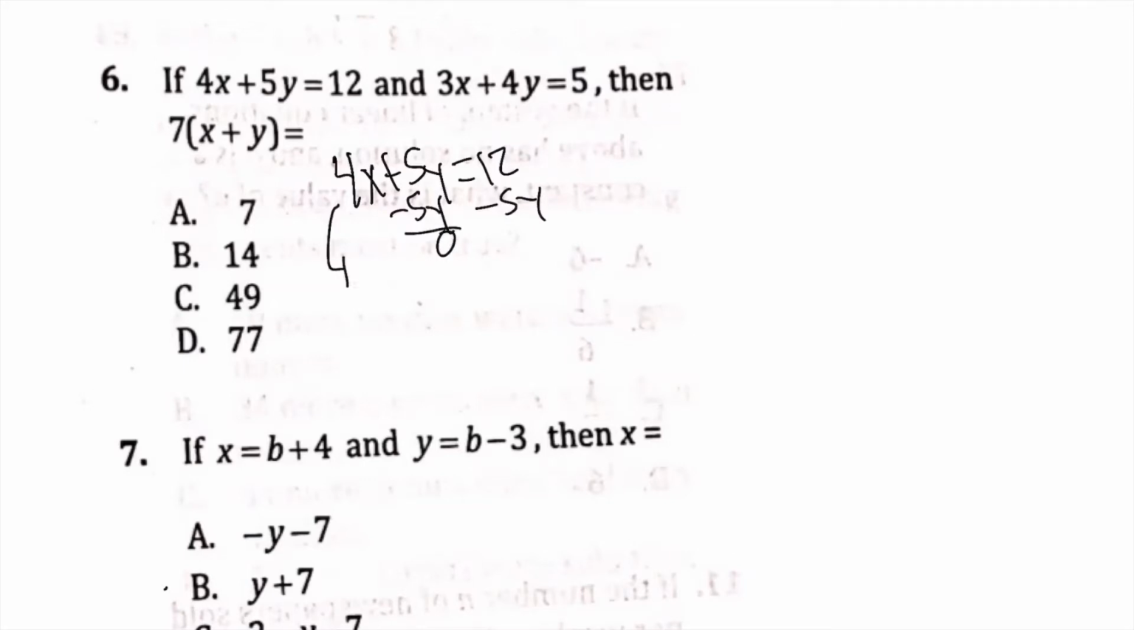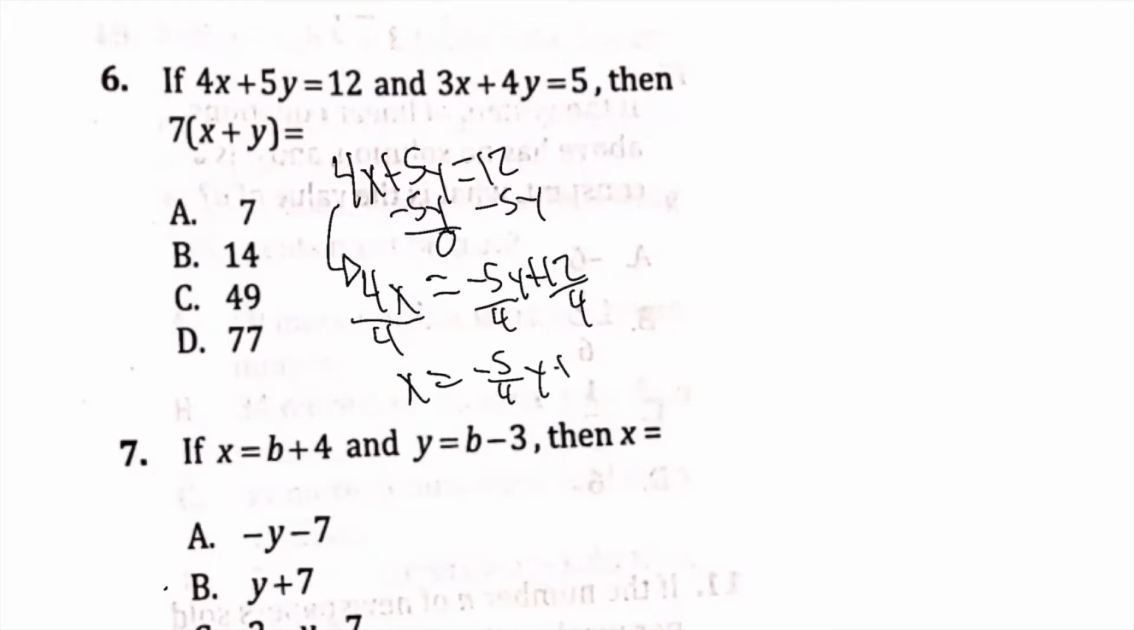So then here, 4x equals negative 5y plus 12. Divide by 4. X equals negative 5 over 4y plus 3. Now, this is my equation 1 here. Now, my equation 2 is just 3. I'm plugging in my x value already: negative 5 over 4y plus 3